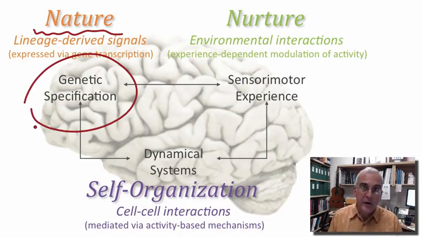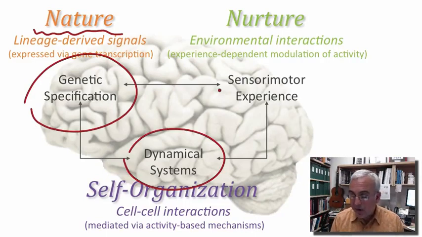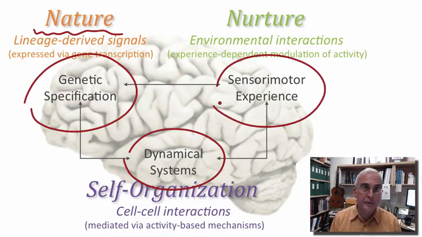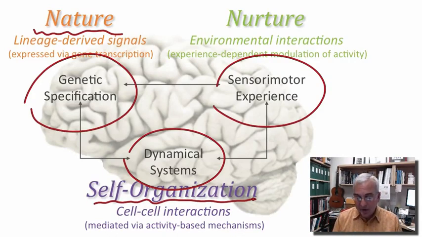Well, today we're going to talk about the construction of neural circuits, which begins to engage our two other major sets of factors that influence the final shape and structure and function of neural circuits. Well, if indeed there is ever a final shape to them. What I have in mind is self-organization. Self-organization is mediated via activity-based mechanisms that play out as cells acquire the capacity to generate electrical signals.